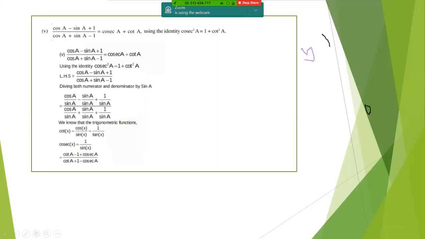So we are dividing both the sides by sine A. You could have done it with cos A also. You could have done the same sum by cos A also. But it's not possible for me to show all the methods and all the alternatives here. So I have to go ahead with the sine A part. If you divide the numerator and denominator by the same thing, nothing changes. The fraction doesn't change. I think you know that. So that's how we have brought this question down to cot A and cosec A form.